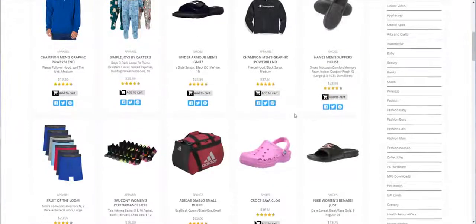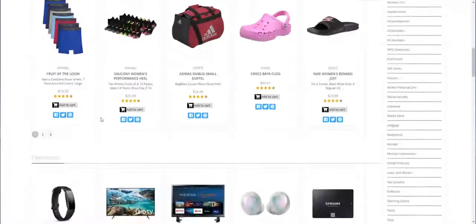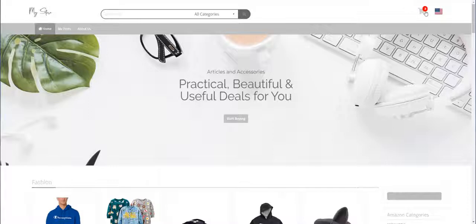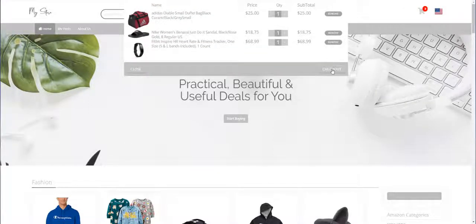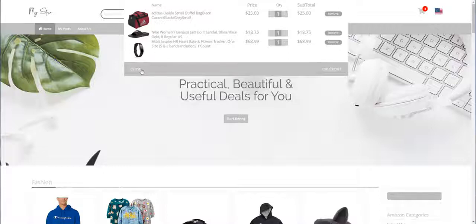Okay, so for example, if the visitor selects this one, no, this watch, then they have the cart with the products, and they go to checkout, and you have the 90 days cookie, that with this cookie you have commissions for all the products the person buys the first 24 hours. So if now they want to buy something more, you get commissions for all, and 90 days waiting until he buys some of these items. So there's a lot of potential to really